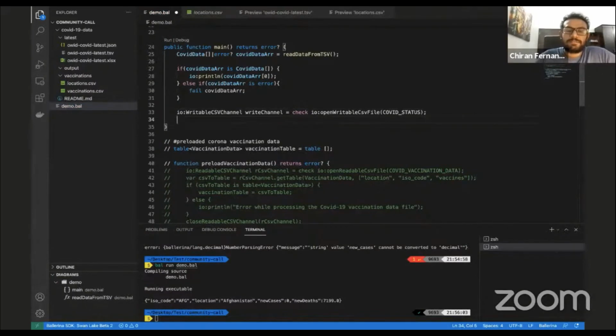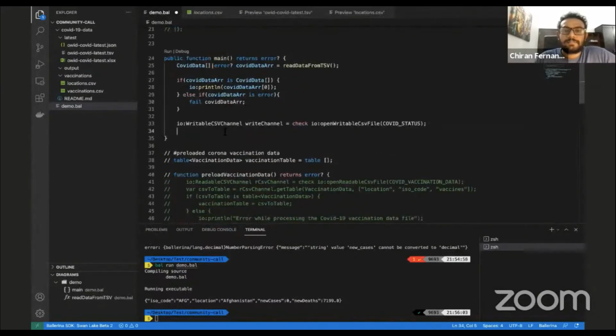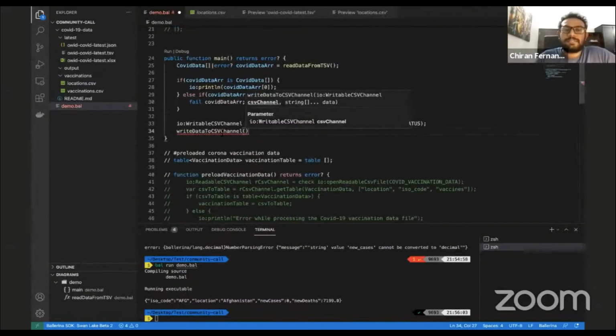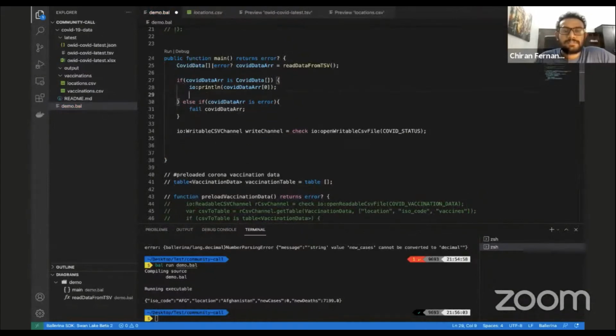Then we can use the util function I have created before and pass the data that we have created. So for that, let me use the query actions. Let's iterate through the COVID data array. Let's bring this into the narrowed scope, since we don't have to nil lift there, nil lift after. So here,